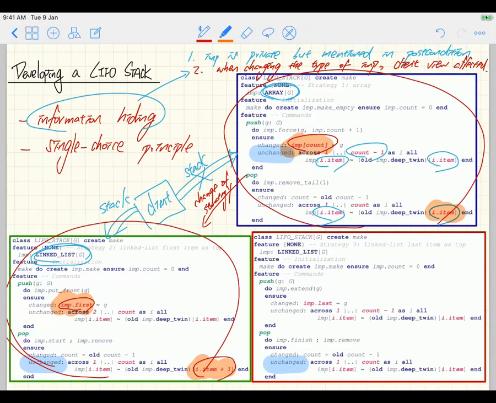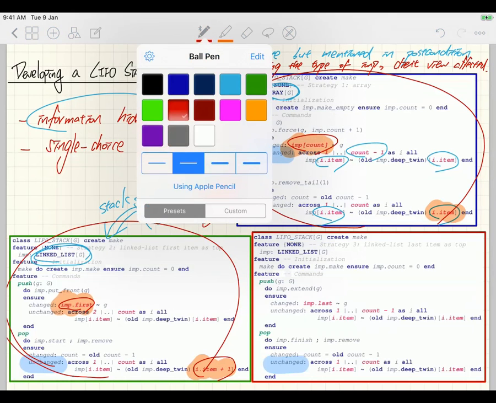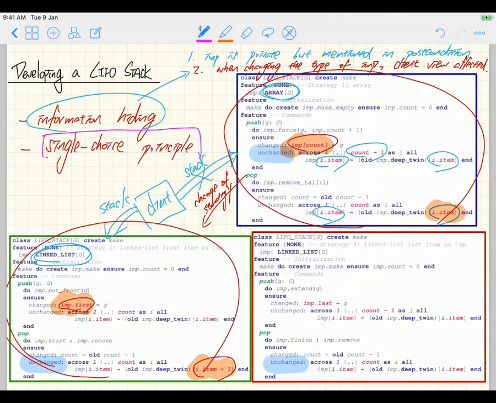Even that, we already violate these two principles, not to mention if you have a more complicated example to implement. Now for the single choice principle, we violate it because when changing the strategy, there are multiple places to change in both